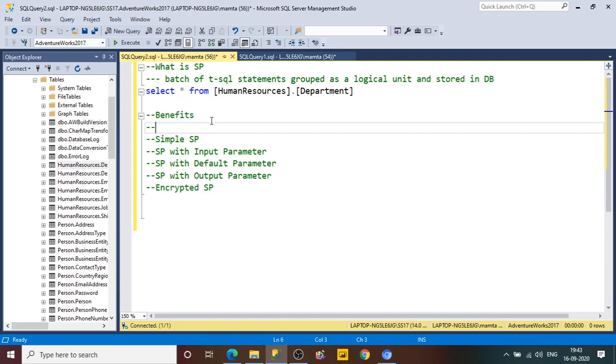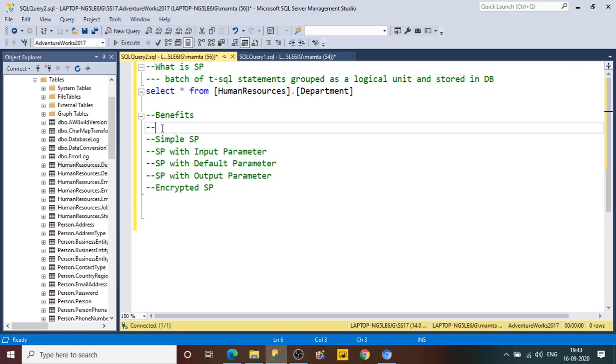The benefit of using a stored procedure is that you create a stored procedure and call it in the ASP.NET application. In future, if your application is live in production and you find that the data coming from the stored procedure is not correct, you need to modify it in your database only. You do not need to touch your application.